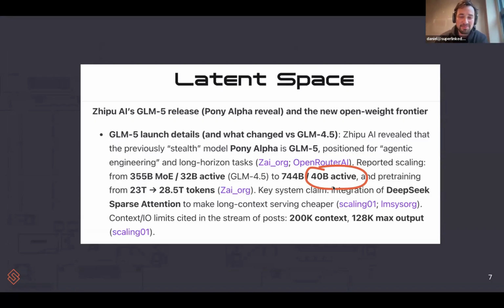At FP16, that's 80 gigabytes of memory. Of course, the sleight of hand there is that these are automatically selected from the much bigger pool based on the query and the token and everything. But my point here is that it's not a